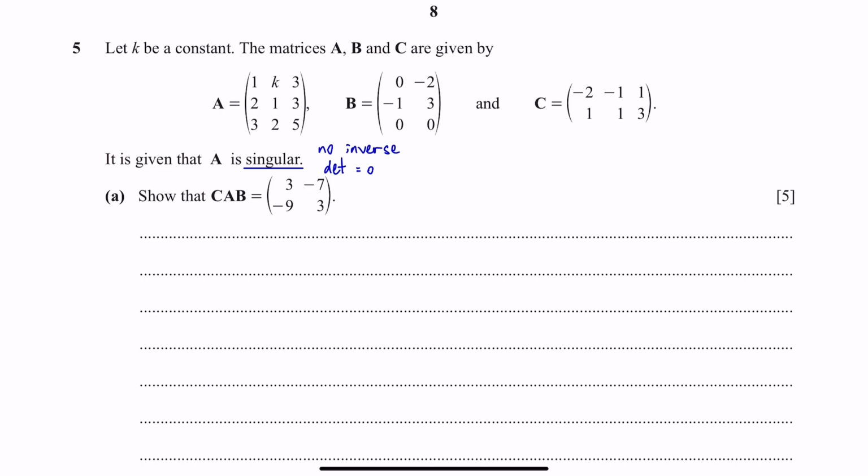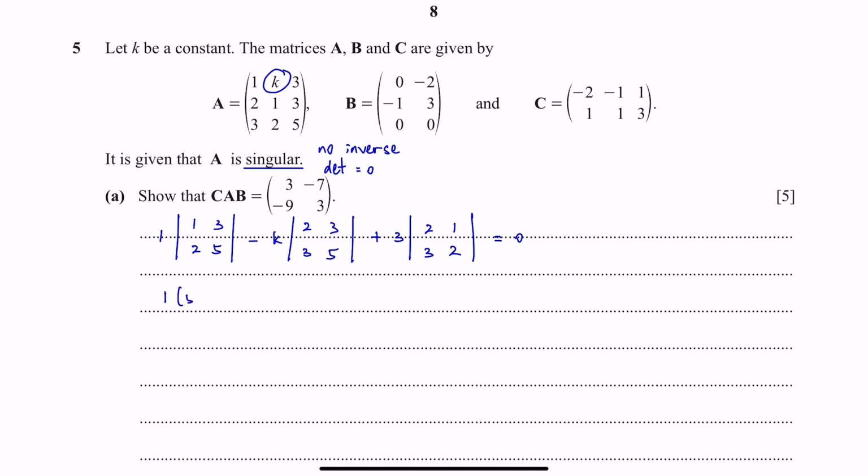So first we will find k, since we already know that the determinant is 0. So we can just take this equals to 0,